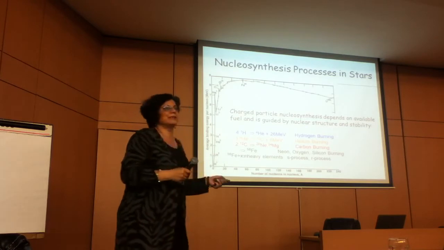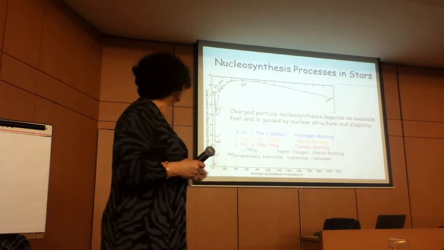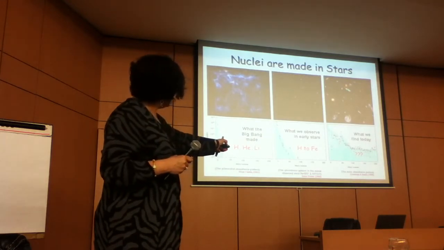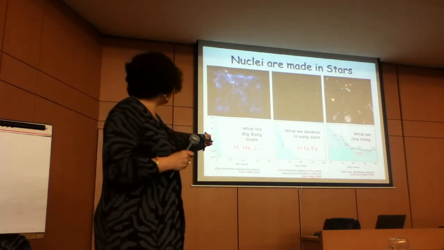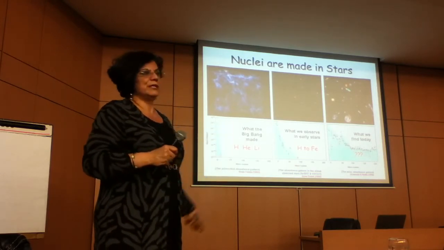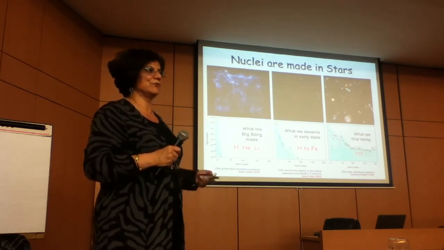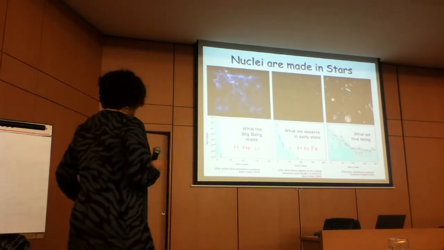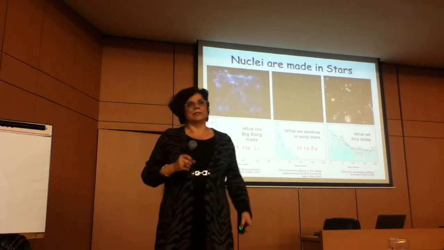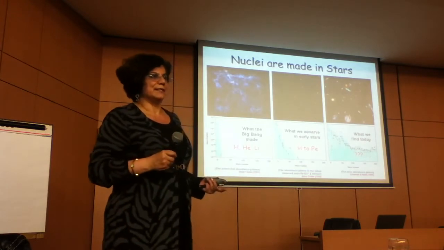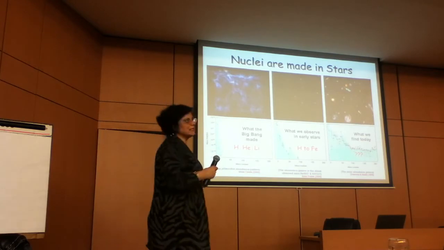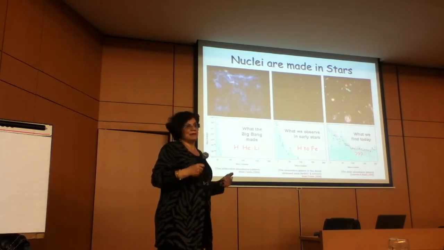We also know enough nuclear physics that if we want to make heavier nuclei, if we want to make what we observe today, we can't do it with those charged particle reactions. We can do it by incorporating neutrons, neutron reactions, beta decays, and so on. So we basically invented two processes here: the slow neutron capture process and the rapid neutron capture process, as a way to say that if we want to make heavier elements, that's how we could do it.